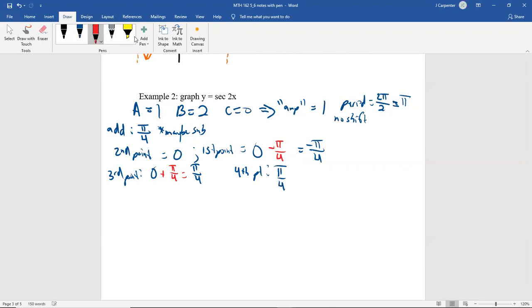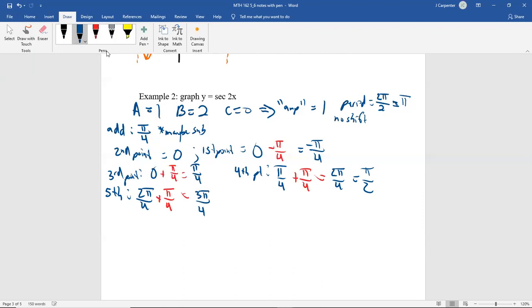So we take that original third point, and we add the adding number of pi over 4, which is pi, 1 plus 1 is 2, that's 2 pi over 4, which reduces to pi over 2, of course. And then finally, our fifth point would be the previous one of pi over 2, but I'm going to use the non-reduced version. We talked about that last time, how it's just better to do that, otherwise you're going to get the LCD anyways. So 2 pi over 4, then add the adding number, pi over 4, and then it'll give you 3 pi